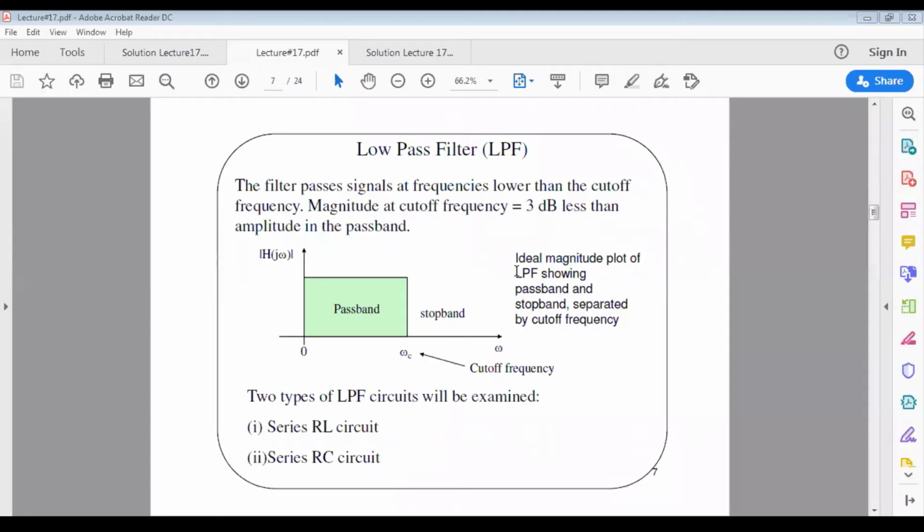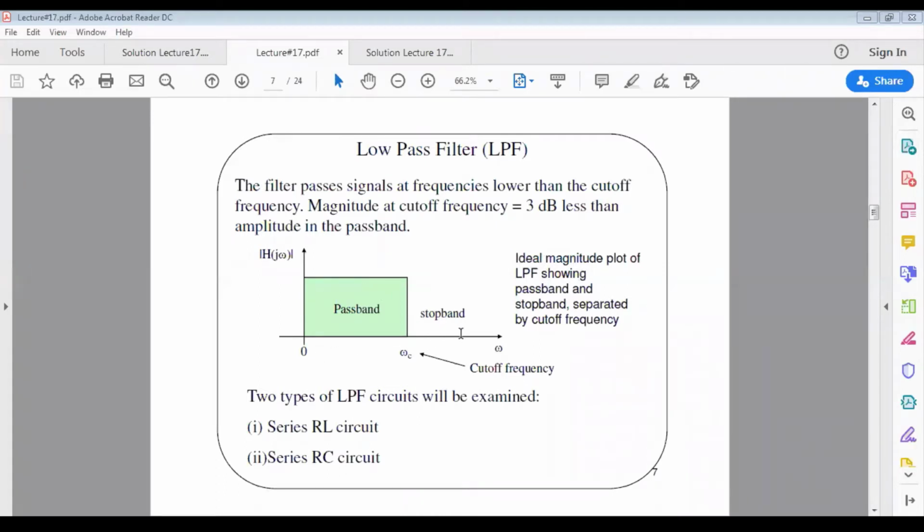Hello, in part 2 of lecture 17, we are going to learn about low-pass filters in general. A low-pass filter is a type of filter which passes signals at frequencies lower than the cutoff frequencies. I believe that I've explained to you what is meant by the cutoff frequencies. Looking at this magnitude plot of low-pass filters,